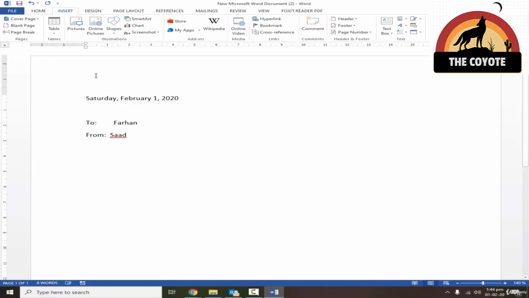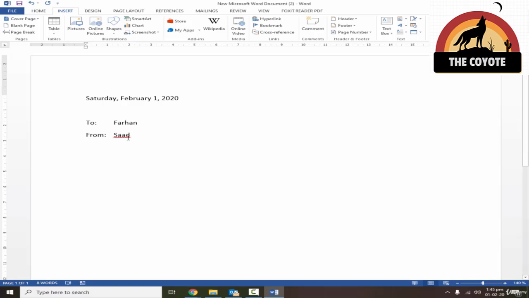So as you can notice, when you press tab button, it will automatically move the word half inch far. And similarly, if I remove these spaces and let's press tab, it will automatically come in the alignment of the other word which we wrote here. So this is the proper way of writing the document. You always have to press tab to give spaces, not the spacebar.